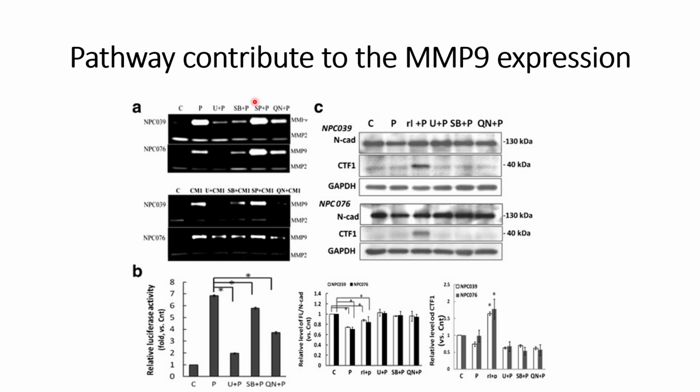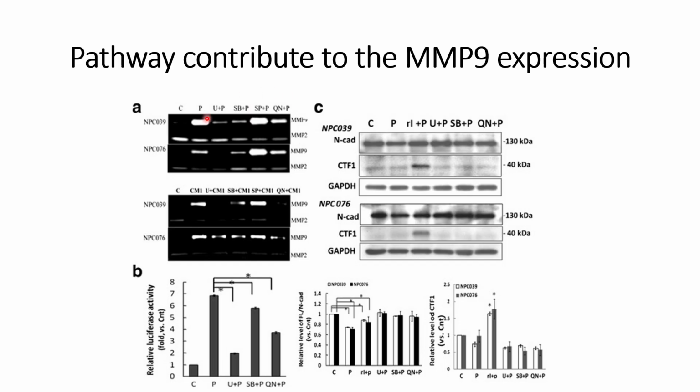expression or not. In order to check this hypothesis, they first made cell lines, NPC039 and NPC076, that have a luciferase MMP9 reporter, so that the MMP9 expressed in those cells will have luciferase signals, which makes it easy to quantify the impact of these pathways on MMP9 using luciferase signals. The genes that are involved in these MAPK pathways are targeted using individual